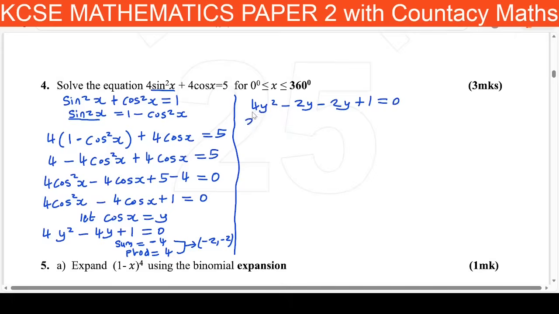For our case here, we pair them into twos, then we factor out the common term. For our first case, the common term here is 2y, therefore we factor it out. And then once we factor out 2y, what do we get here? I believe we should get a 2y, and then we have a minus 2y divided by 2y, that's gonna give you a 1. Then we have minus, we factor out here a 1, and inside the brackets you are going to have